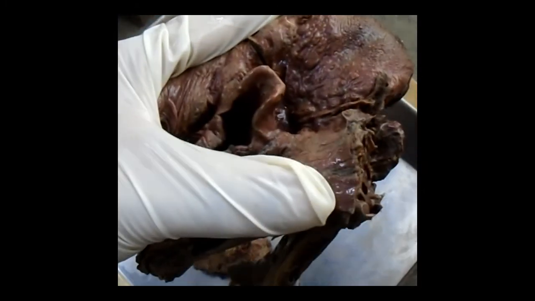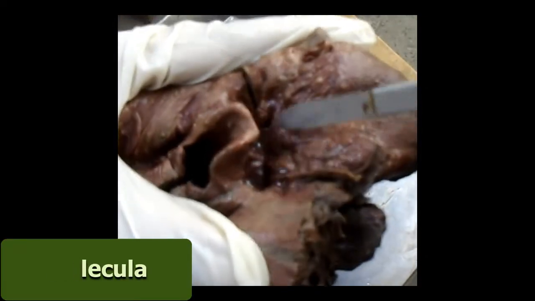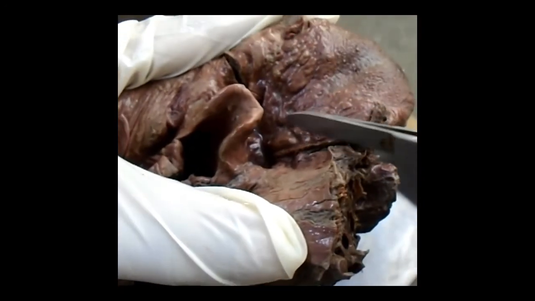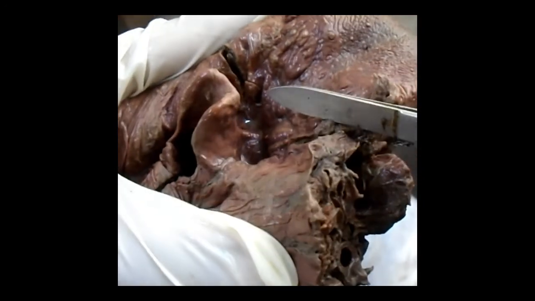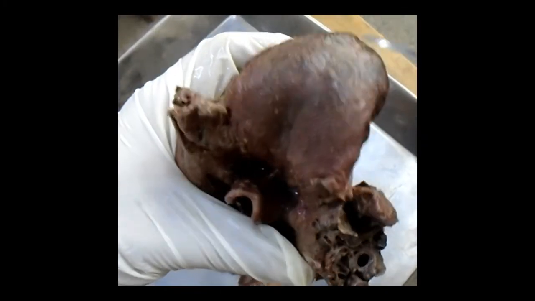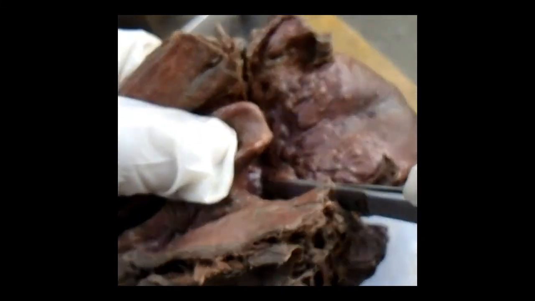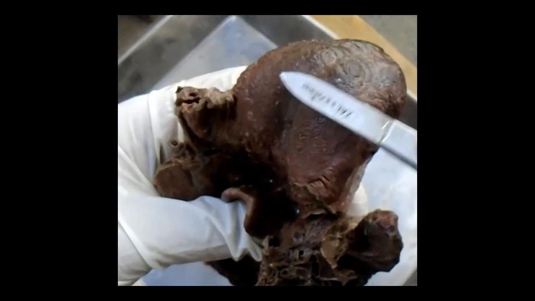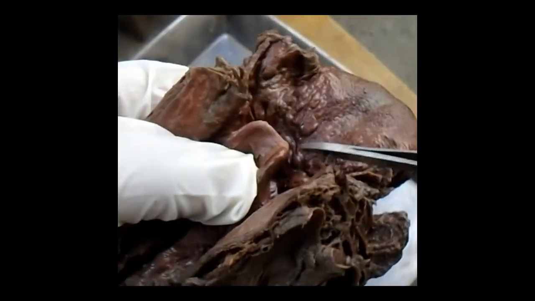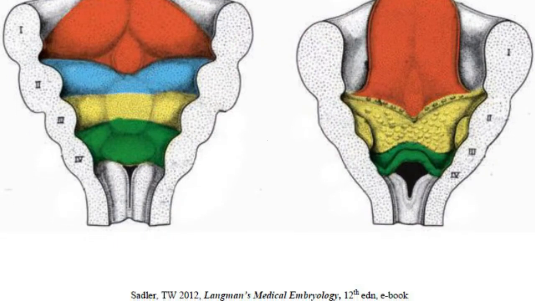I can show you the vallecula also. Here, this area is the vallecula, the most posterior part of the tongue. Here, this one and this one. It is situated just behind the base of the tongue, in front of the epiglottis. It is also called the epiglottic vallecula. And the nerve supply from the anterior 2/3, from the posterior 1/3, and from the vallecula is different, because these three parts, the anterior 2/3, the posterior 1/3, and the vallecula, develop from different branchial arches or different pharyngeal arches.